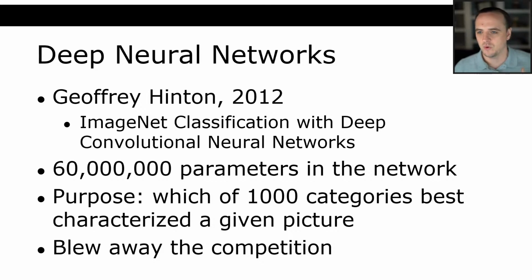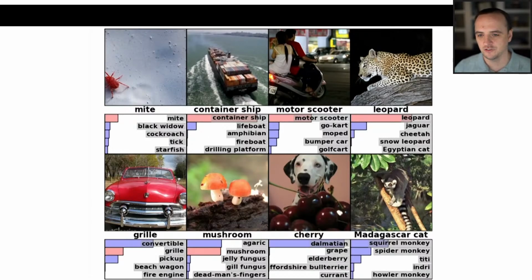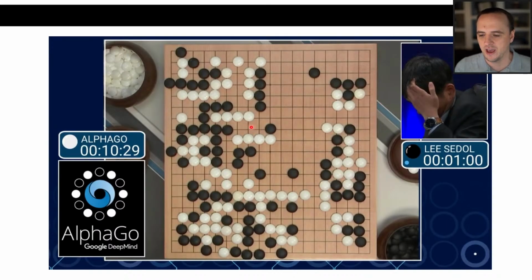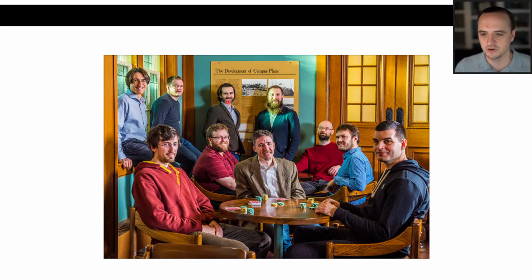So it turned out that when you take neural networks and you add this thing called convolution and you blow them up to a massive scale and you run them on a ton of parallel hardware, they actually start to do things that are really cool. So deep neural networks in the last few years have been responsible for leaps and bounds in image processing. Here we have AlphaGo, that we'll have a whole movie about. This is the Poker Research Group from the University of Alberta. Lots of really great things have happened in the last decade from neural nets. So let's talk about neural nets and why they are now back in the MIT course about AI.